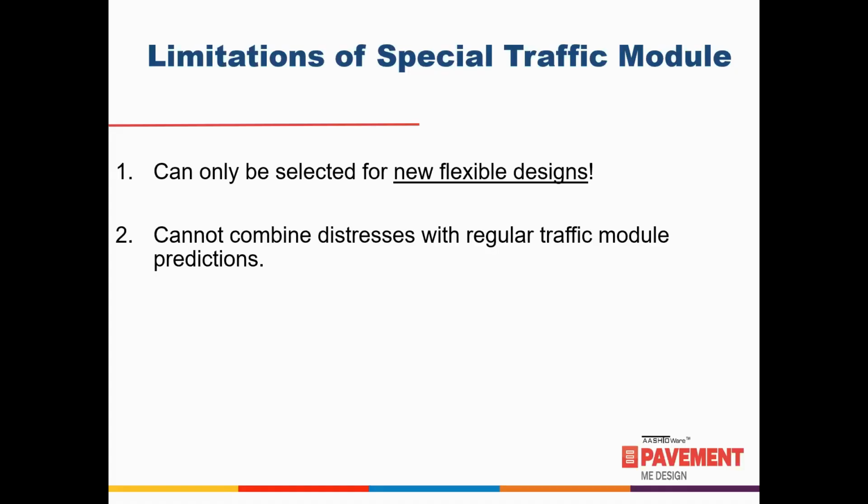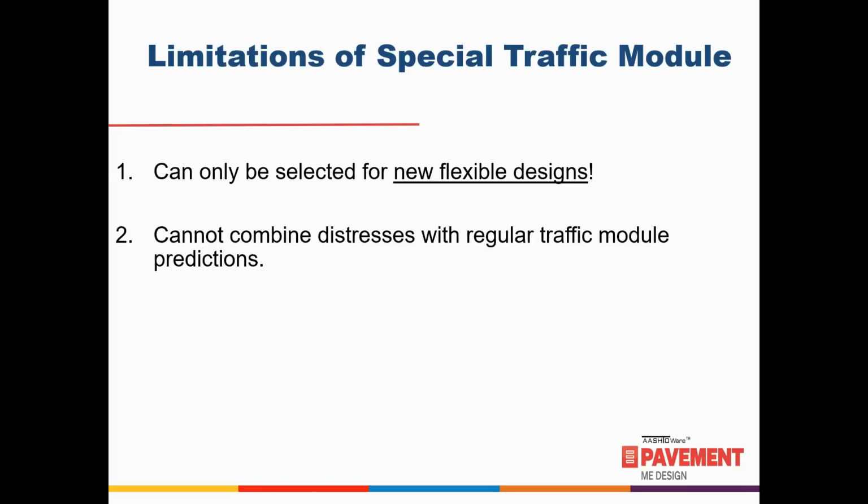Definitely doesn't work for rutting, because you're using a strain hardening concept, so it's not cumulative. Now, for cracking, you could accumulate damage, because we're using Miner's hypothesis for combining damage increments. I suppose you could run it and then run the regular model and then take those, but you can't directly combine the cracking that it's going to induce. You can't do that. But again, that's going to take some extra effort.